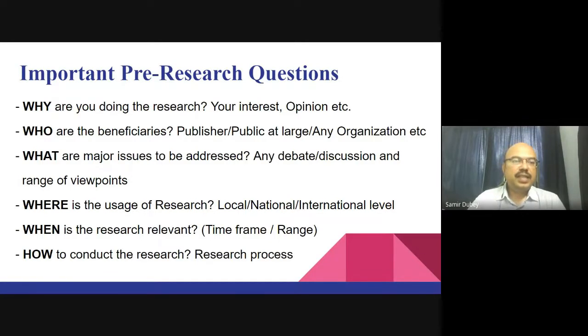Then next comes the usage of research. So whether the research is being used at a local level, at a national level, or an international level. International research could include data or people from two or more countries. At the national level, most of the research that we have been conducting over the last few years is of national interest. So definitely the usage of research could be at a national level, and once again,